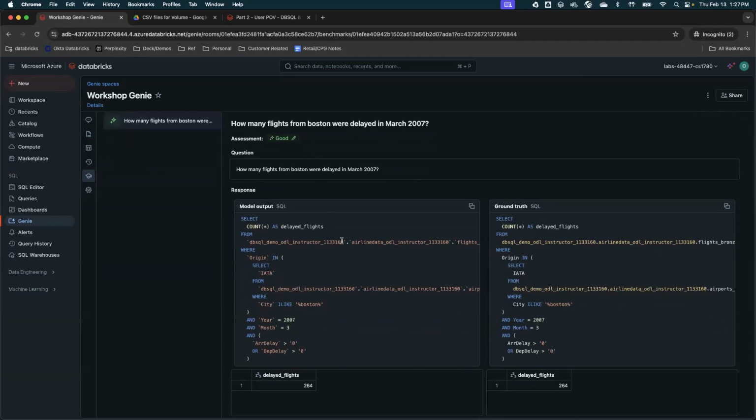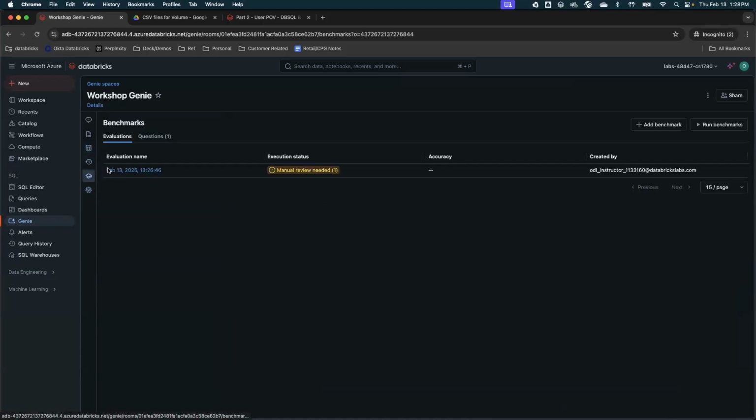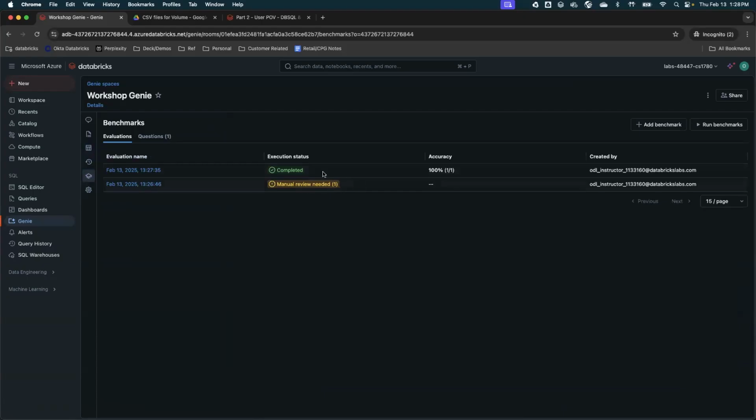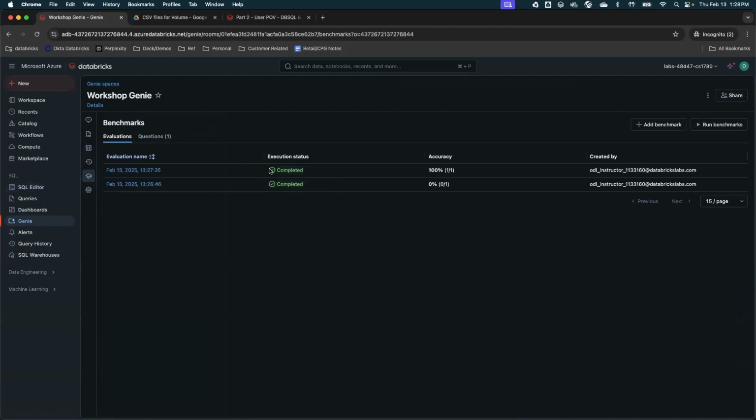Genie was able to understand the ground truth, compare it with the model output, and give you the right result. And if I go back to my benchmarks, I can see I have two benchmarks, one needs correction and one needs some improvement. And I can go to my old benchmark and say, okay, this is a bad benchmark. That way I can evaluate Genie based on different benchmarks.